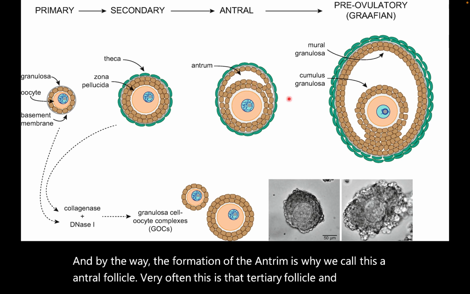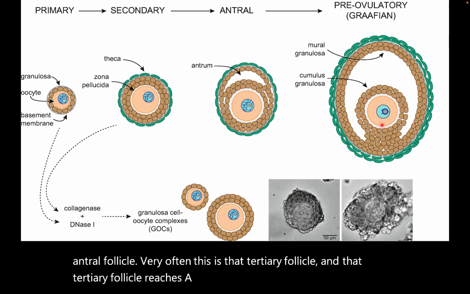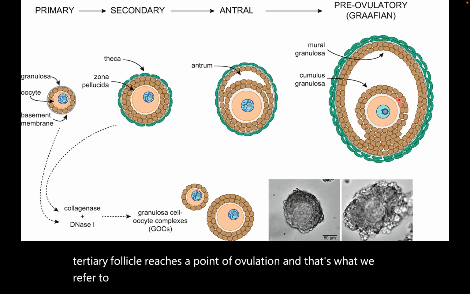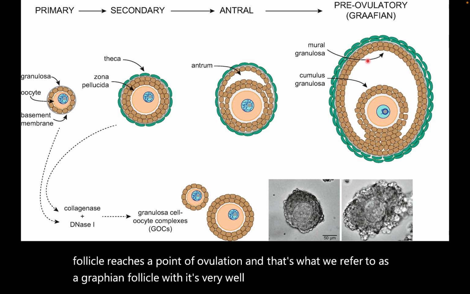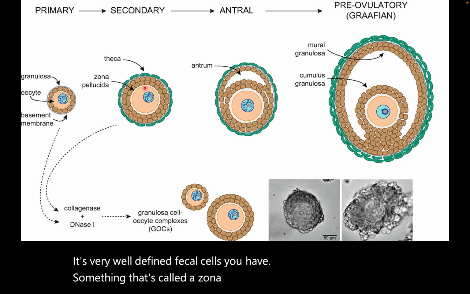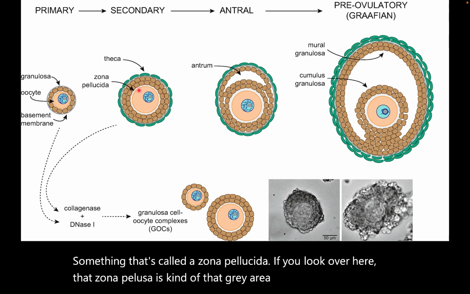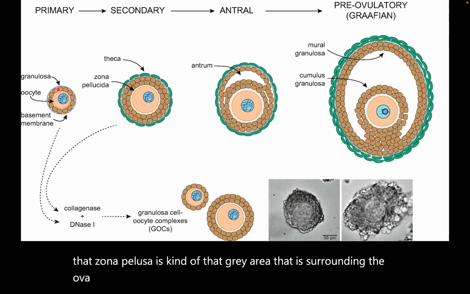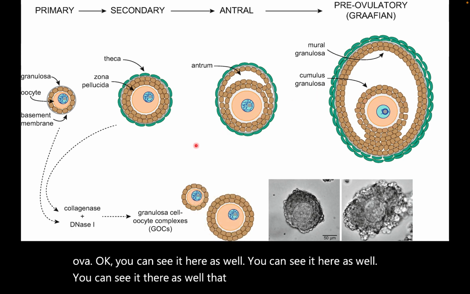And that tertiary follicle reaches a point of ovulation, and that's what we refer to as a Graafian follicle, right, with its very well-defined granulosal cells, its very well-defined thecal cells. You have something that's called a zona pellucida. If you look over here, that zona pellucida is kind of that gray area that is surrounding the ova. You can see it here as well, and there as well. That zona pellucida